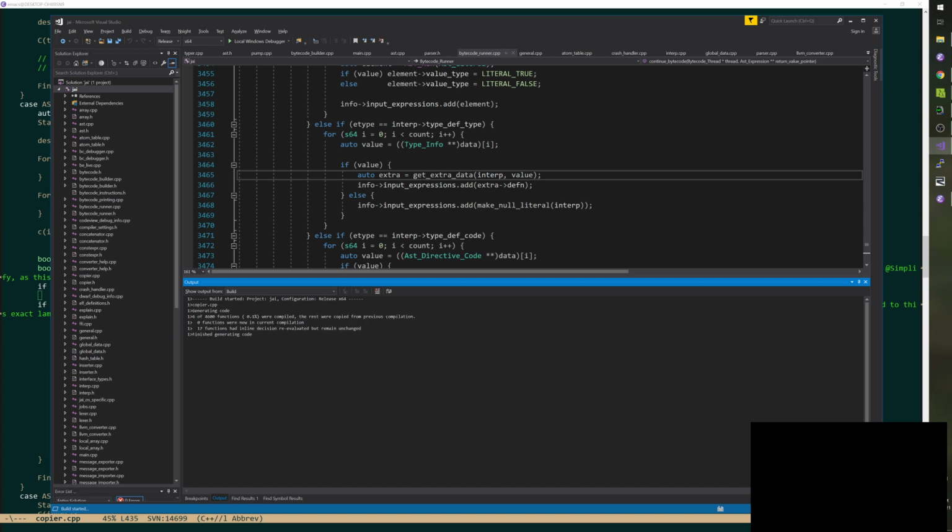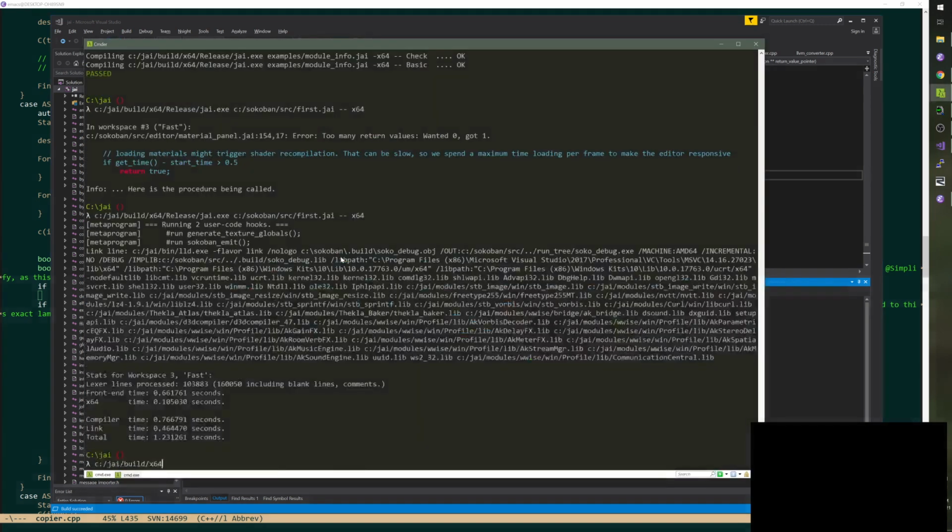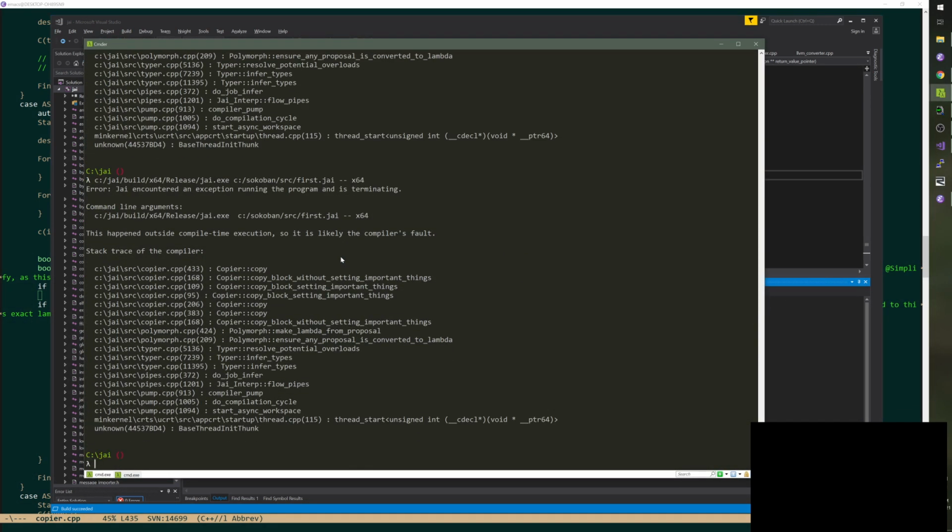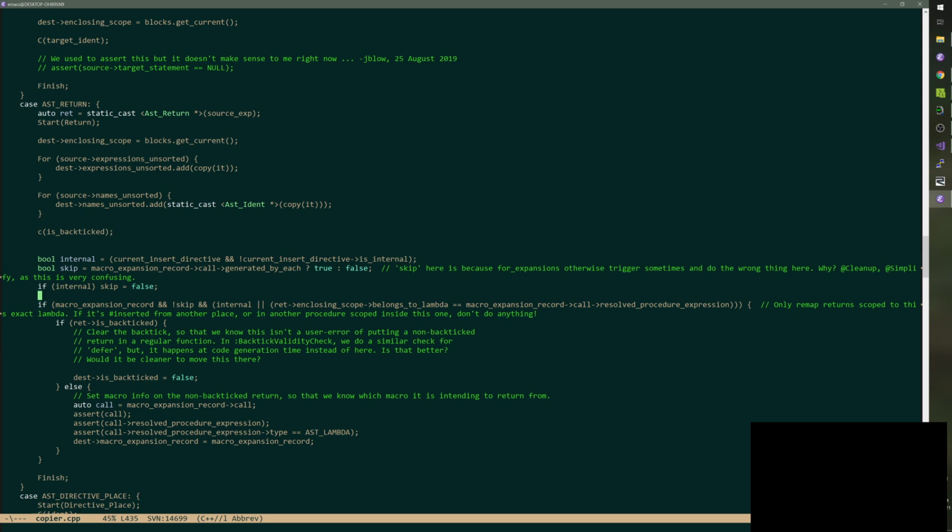Did I just mess up my Boolean expression, or is this surprising? Whoa. What?